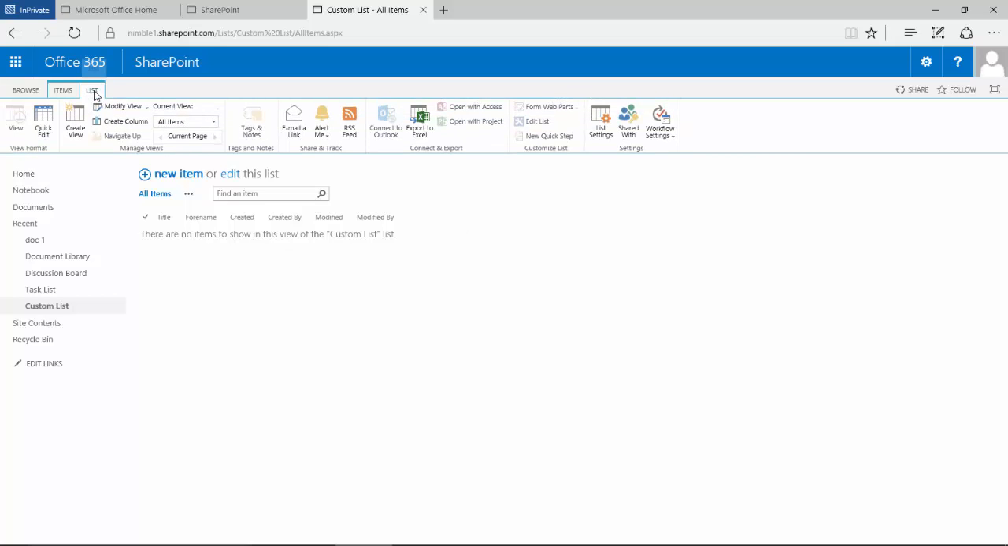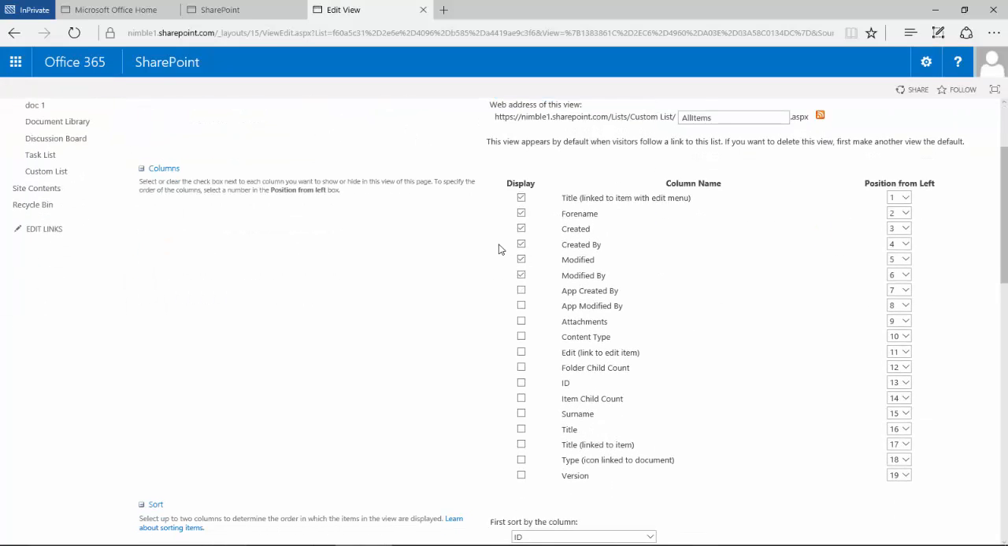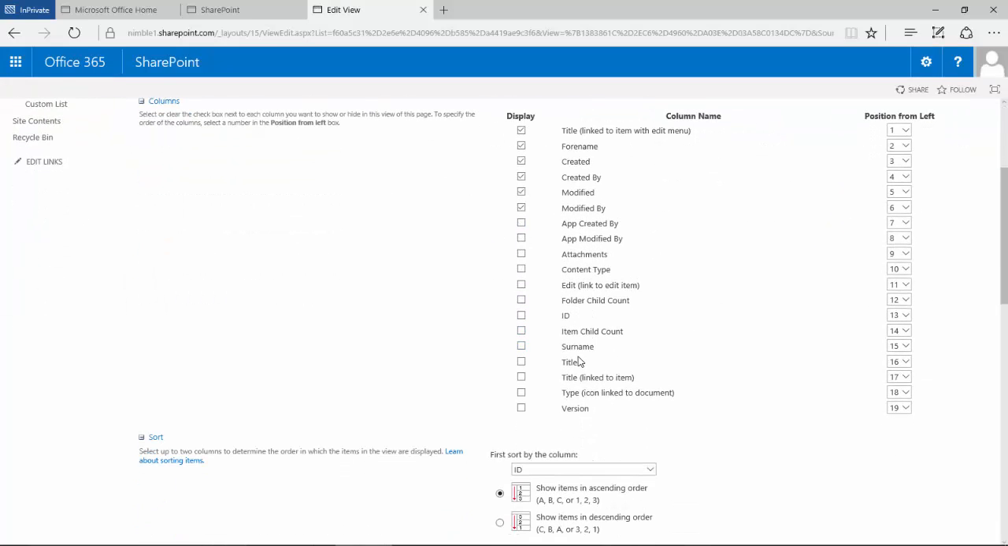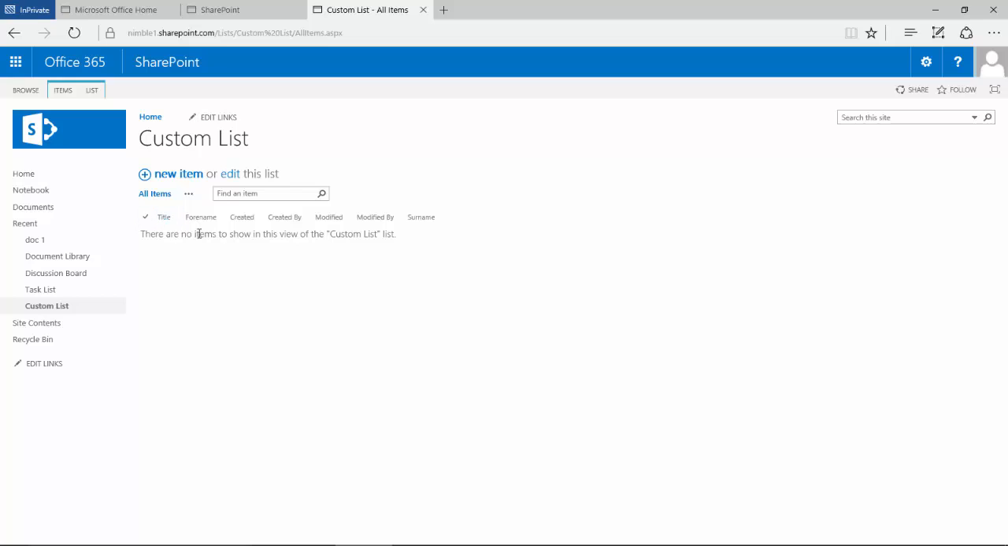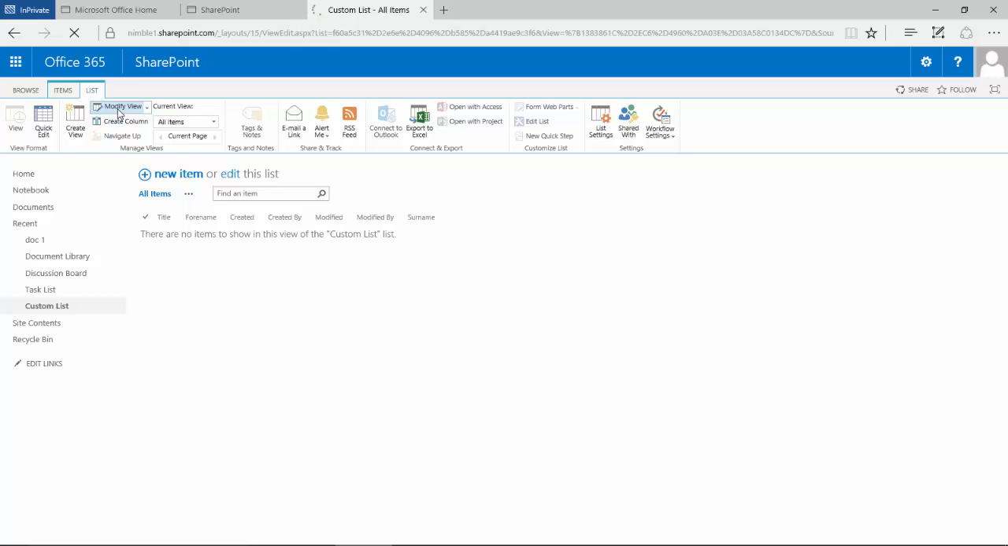If I go back to list and we modify this view, we'll see here that we've got the surname, and if I check it and click OK, you'll see now that it comes out at the end, but it's not really a lot of good to us at the end here. Really what we want is we want it next to this forename. So if we go back and we modify this view,